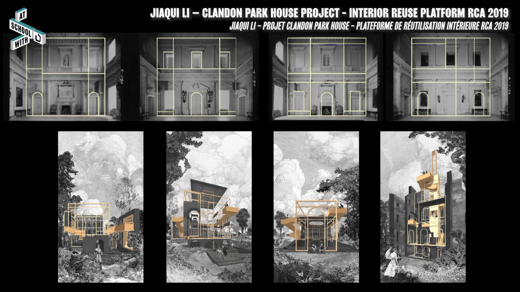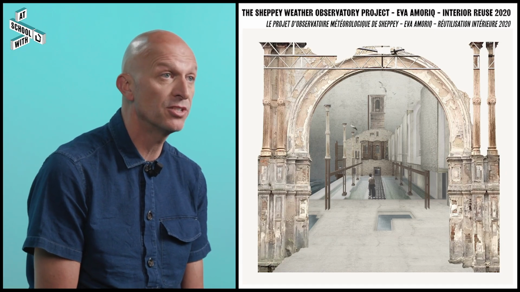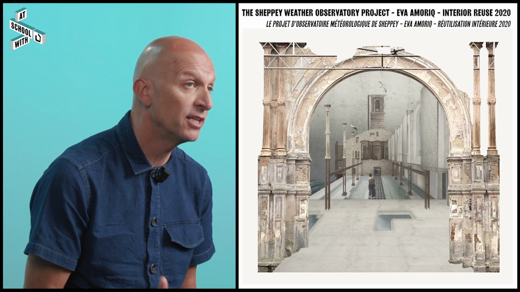What is the approach to the existing, and how can it accommodate new forms of use? For instance, Jackie's work examined the ruined house as an extension of the landscape, furthering the relationship and at the same time blurring the boundaries between what was inside the building and what was now out. This is really pronounced when using older or ruined buildings because they quite often have lost their roofs and are